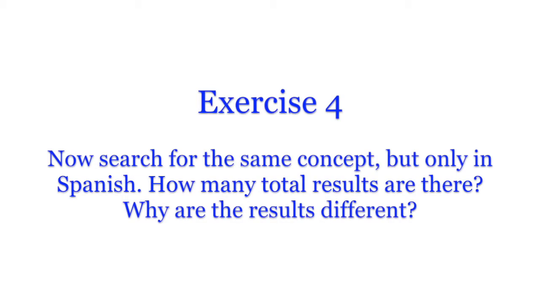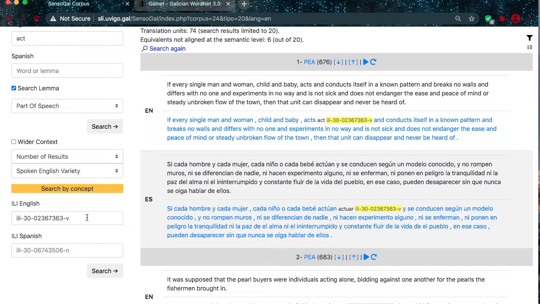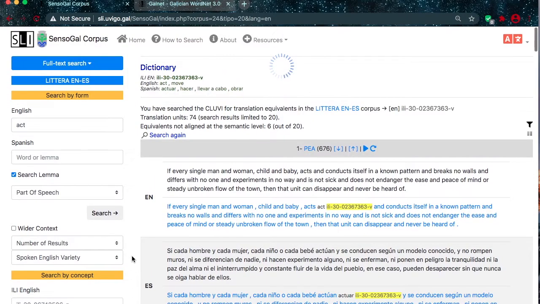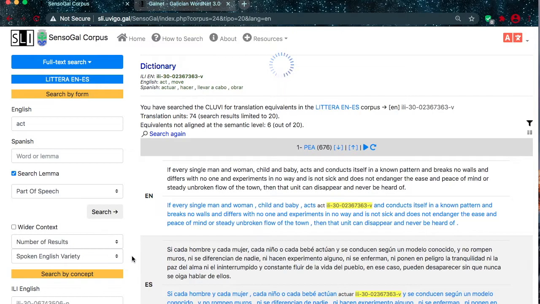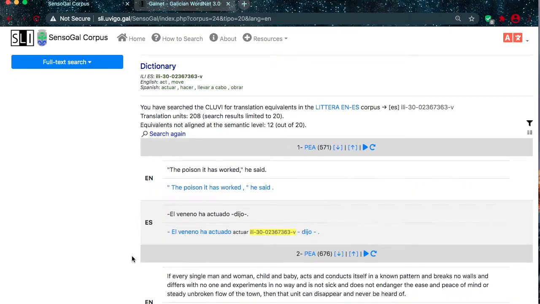Exercise 4. Now there are 208 search results.